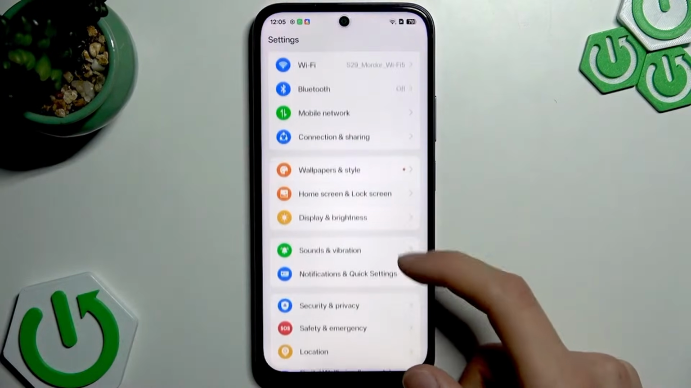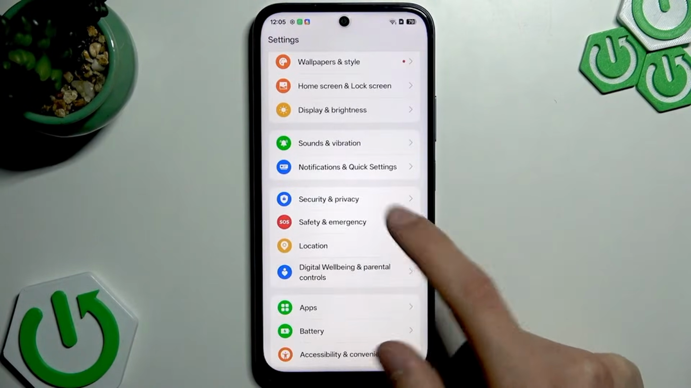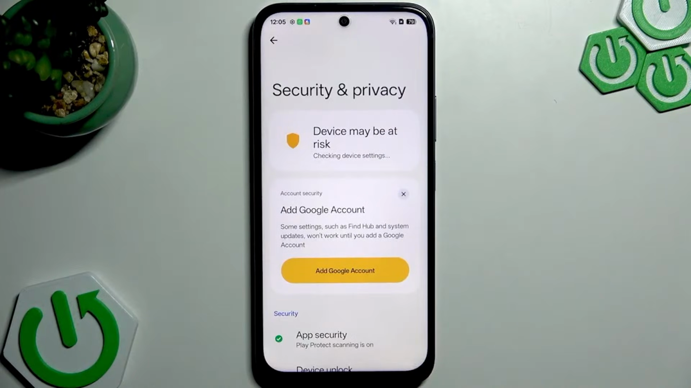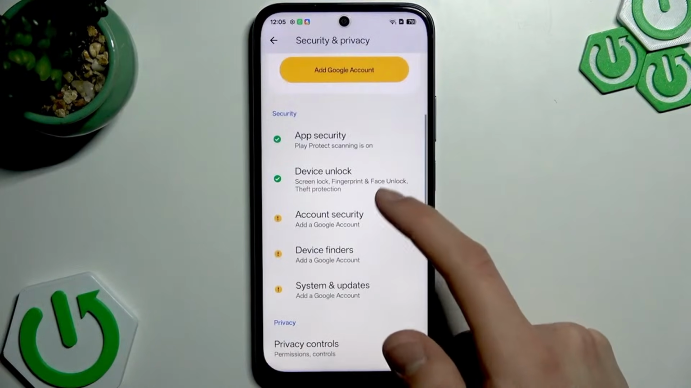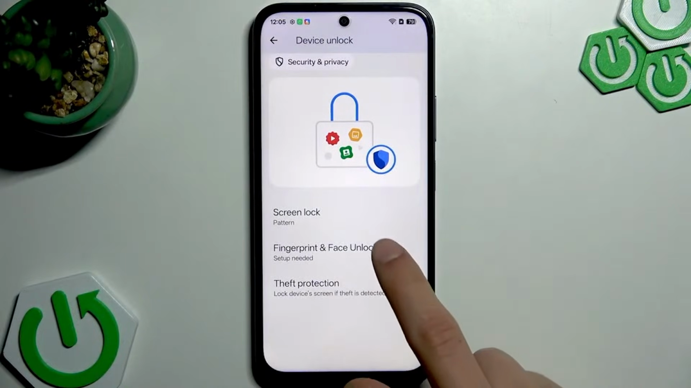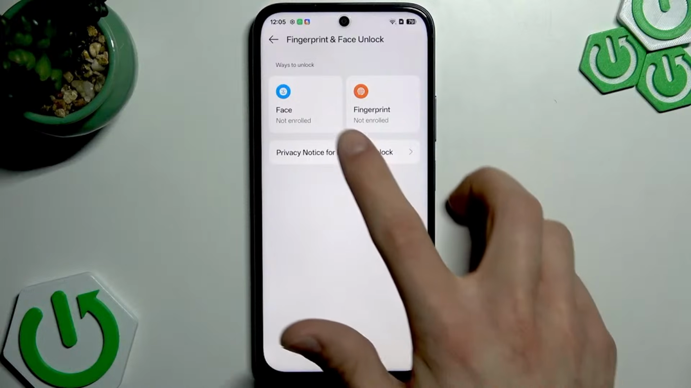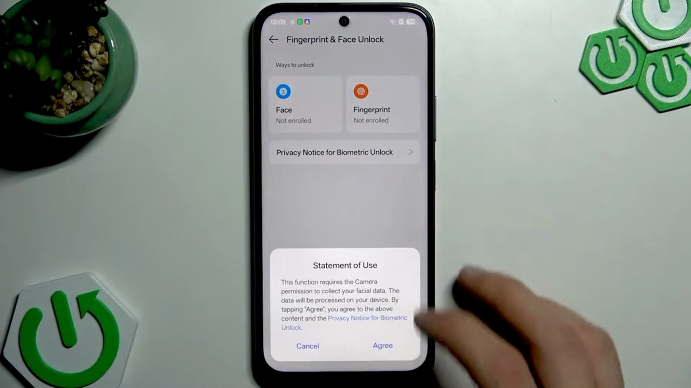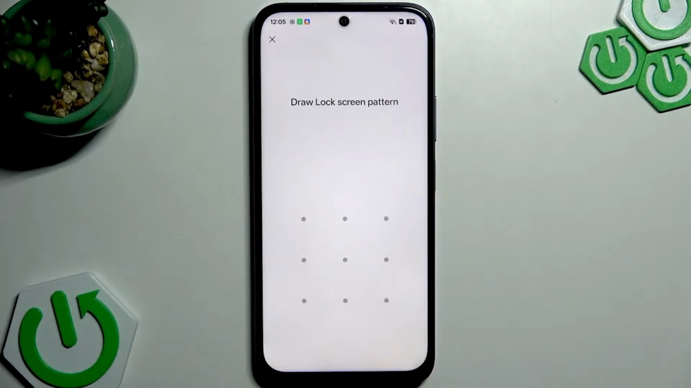To do that, go to Settings, then open Security and Privacy menu here. Then scroll down to Device Unlock and open Device Unlock section. Then go to Fingerprint and Face Unlock. Select Face in here, tap Agree. And now if you have previously enrolled face model on your device, then of course you're going to have to delete it first. And then before you start, adjust the lights in your room